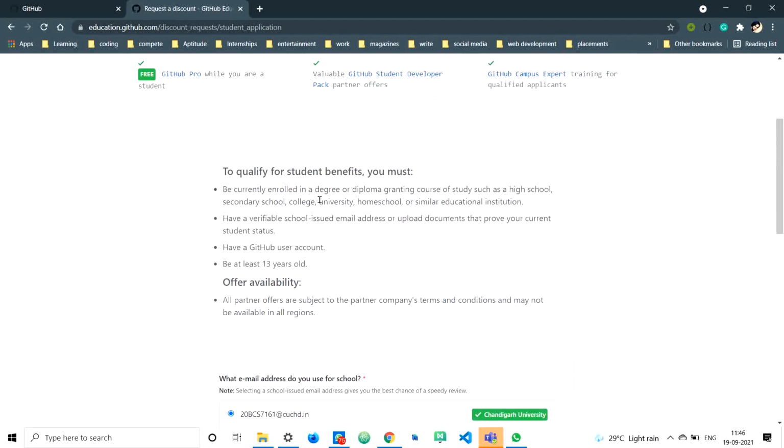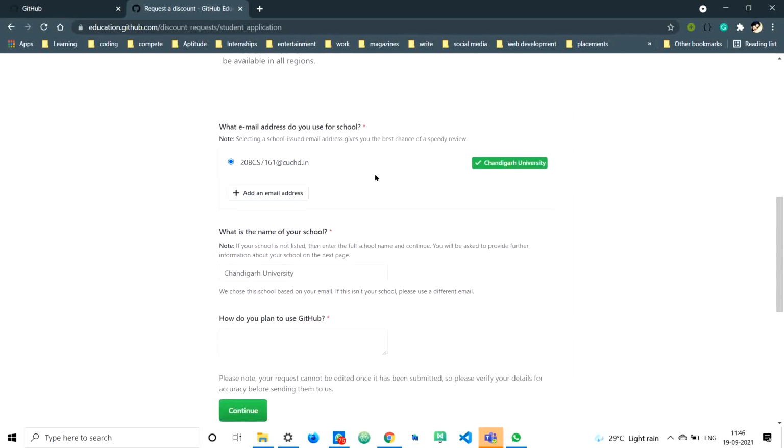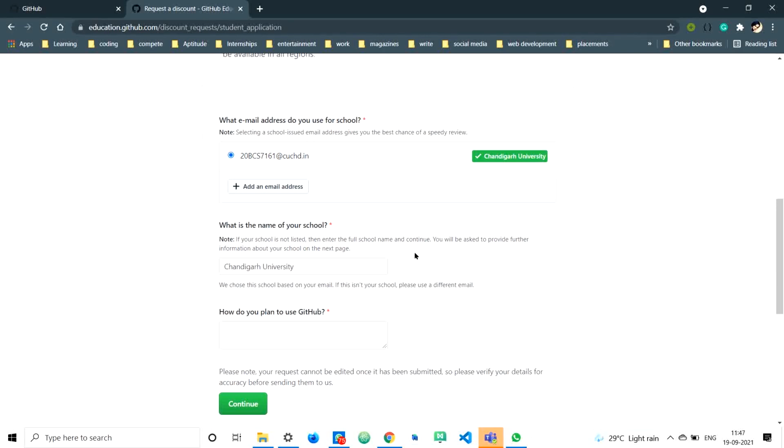To qualify for student benefits, you must go through this. This is Chandigarh University. You can see that by entering the mail ID itself, it shows Chandigarh University. This means you are officially a student of a university, and this is what they require.